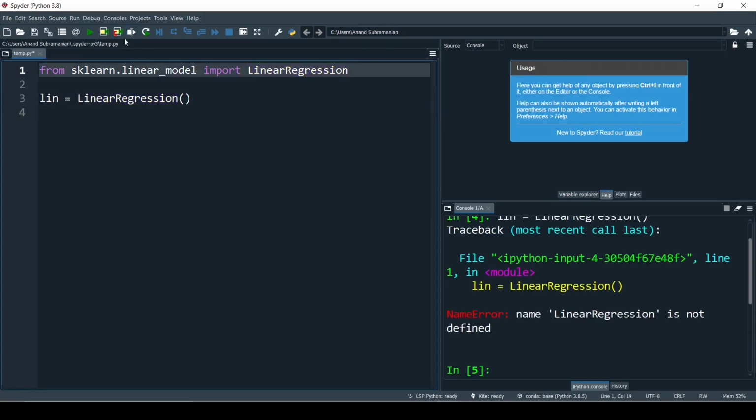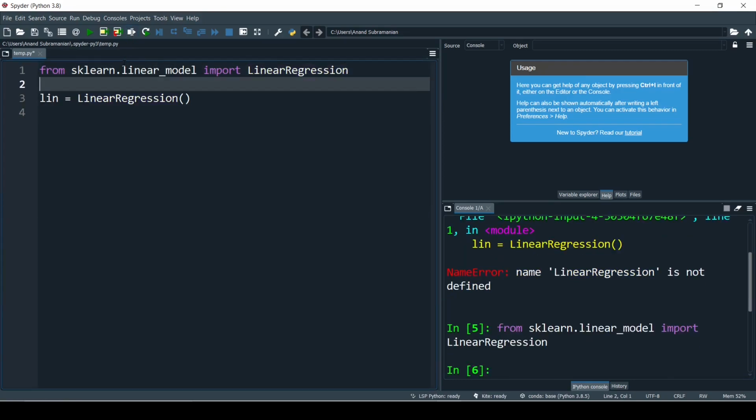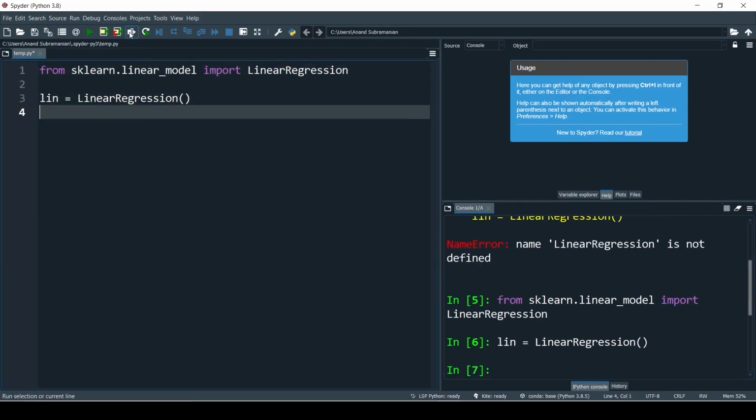Sorry, I need to execute this line first. Once I execute this, now I can execute the next line. So lin = LinearRegression, this line has got executed. Now if I type lin dot, here you see fit, predict, and other things. These things we can see in that package.